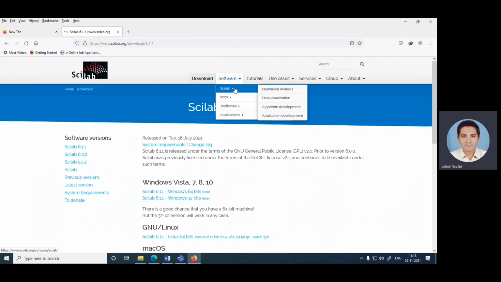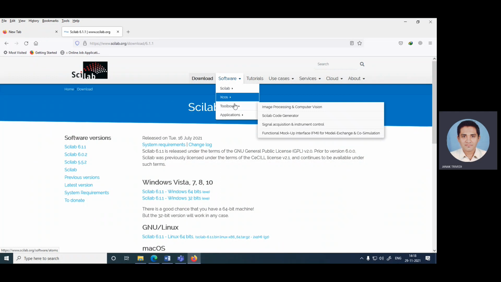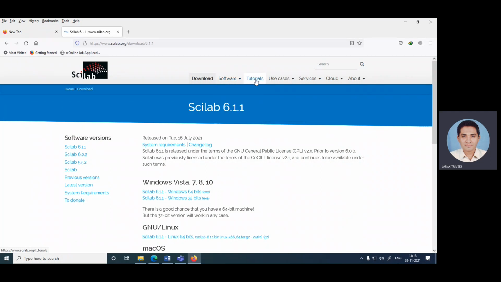Other than Scilab, Axos, toolboxes, and applications are given, as well as tutorials. Use cases for different applications like aerospace, automotive, energy, metallurgy, mining, pharmaceutical, medical research, and education are given. Then training and user support, cloud operations, and the community discussion details are given on this website. But the first thing is to download the latest version whenever you want to use Scilab for any operating system.